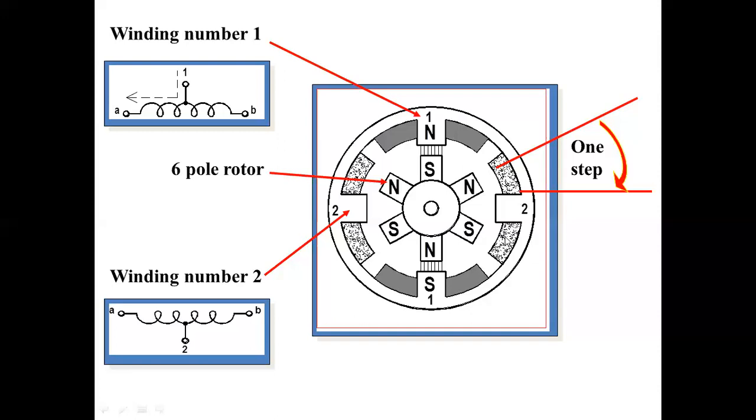With respect to this very small angular displacement, there is a possibility of precise speed control. There is a possibility of precise speed control of any mechanical loads. These are the applications used wherever speed control is required in a precise manner. Accurate speed is to be controlled, with a displacement of a 6 degree or a 9 degree, like that.